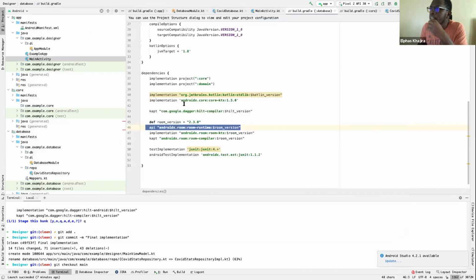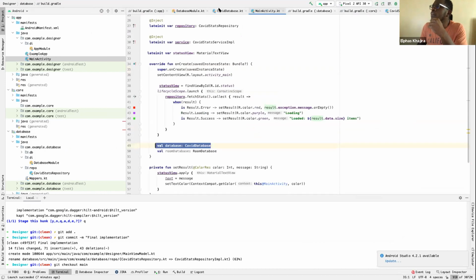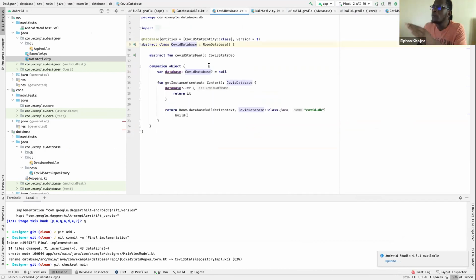So now, here, we want to be able to provide this to our database module, but we don't want to expose this implementation detail. So what we're going to do is anything that you do not want to expose out of your module, we're going to mark it with @internal, meaning that